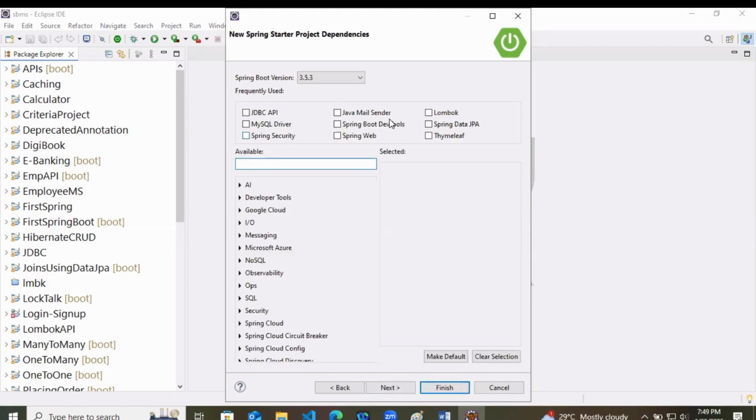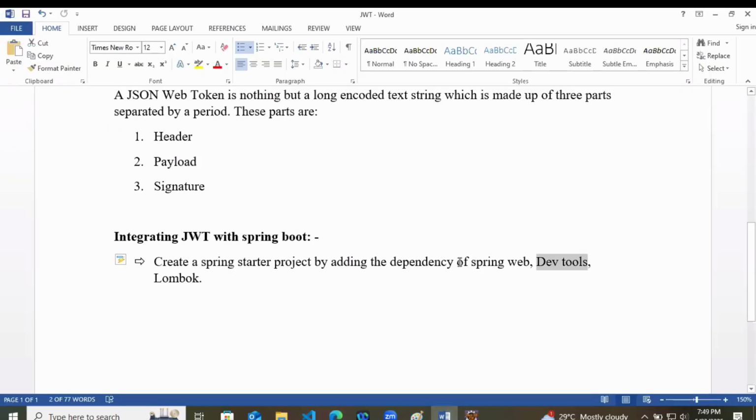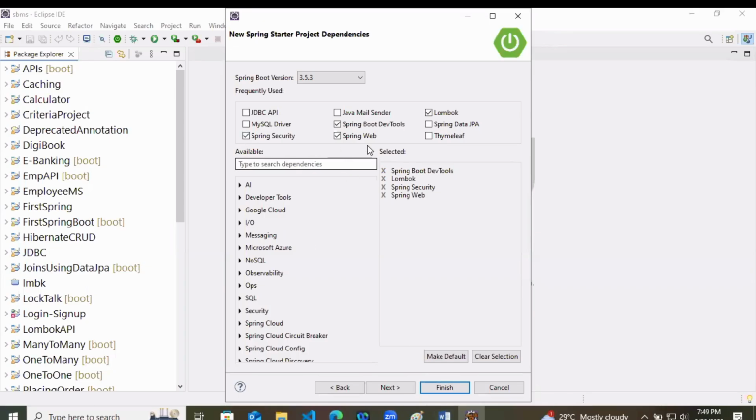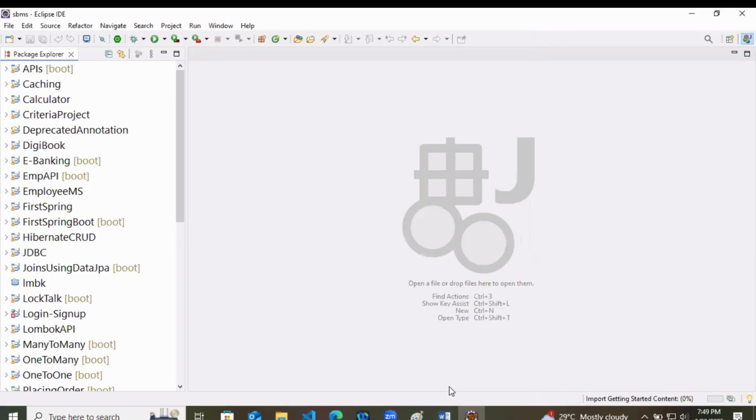Next, Spring Web, Spring Boot DevTools, Lombok, Spring Security. Yes. Wait. Spring Security and all these things. Just make it finish.